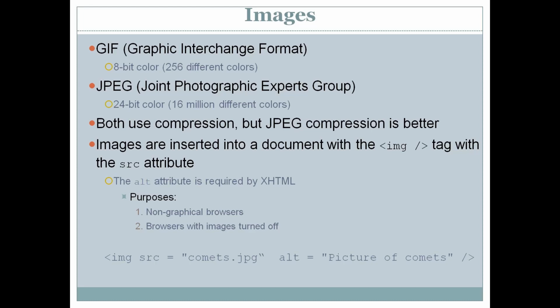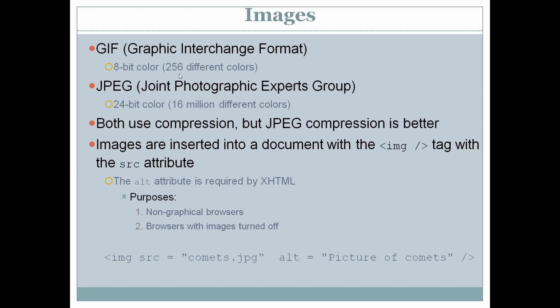So while choosing the correct format, you have to choose it on the basis of the size which it takes, or the compression which can be done on the format. On that basis, there are some formats which can be used on your web pages. Like we have the GIF format, that means graphic interchange format, which uses 8-bit color. So around 256 different colors are used in the GIF format.